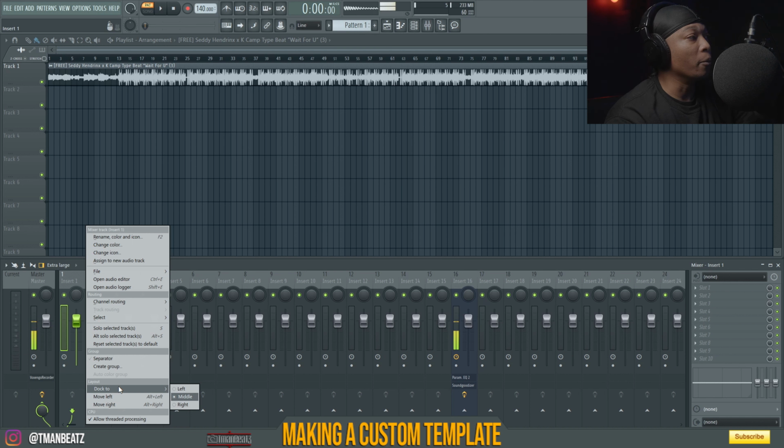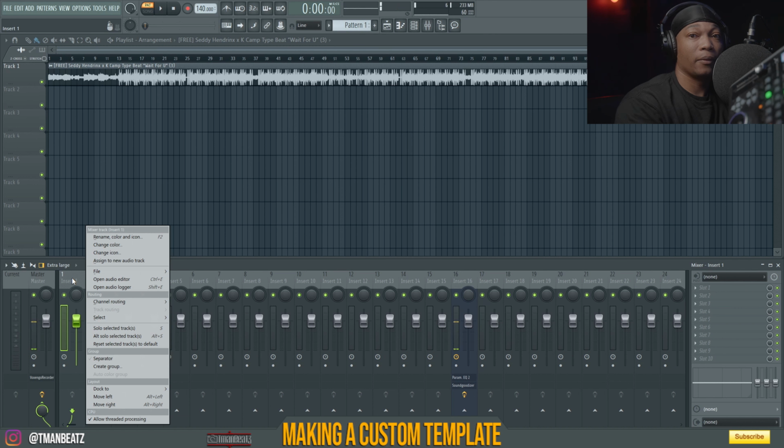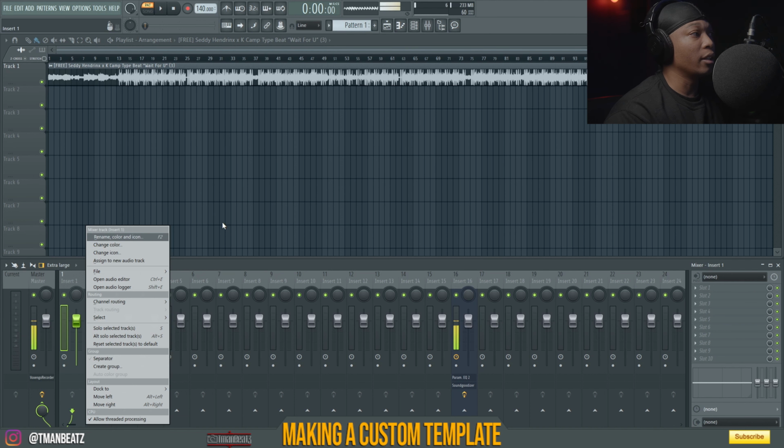So for my setup, track one has to be my monitor because I have this control right here, the Behringer Touch 1, and I have it set for mixer track 1, so whenever I'm recording I can mute and unmute the